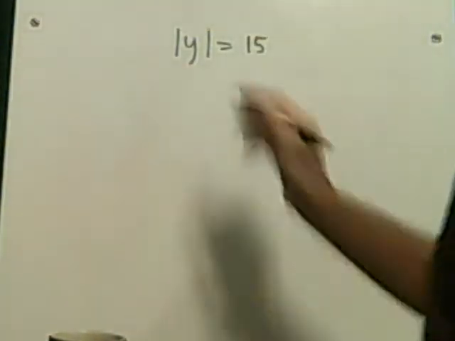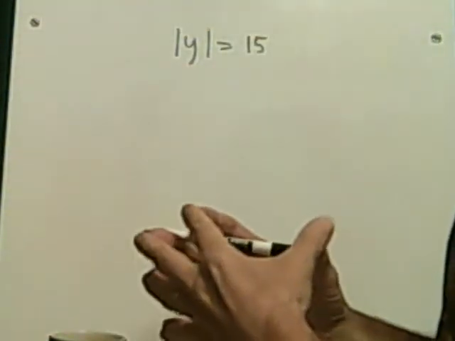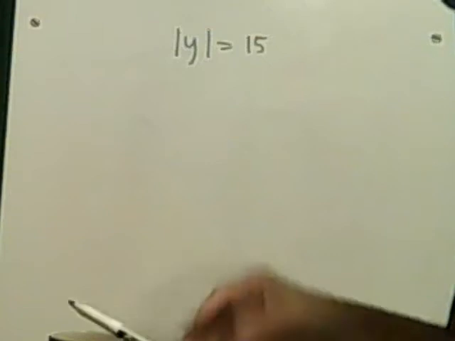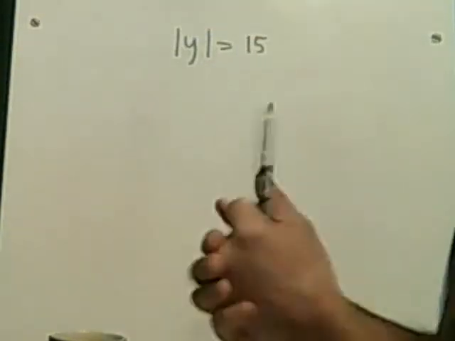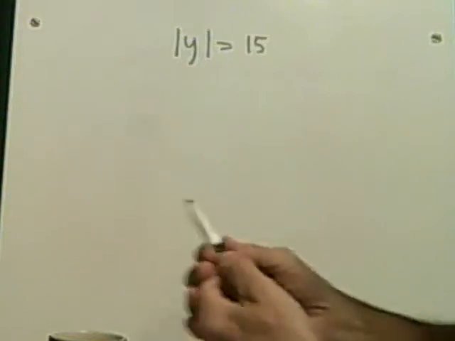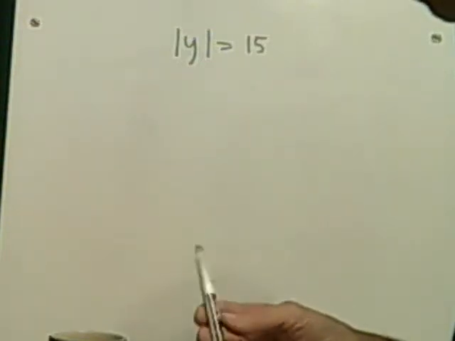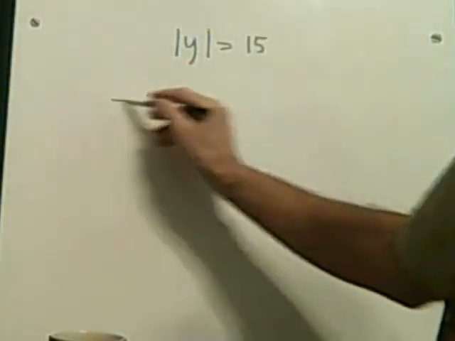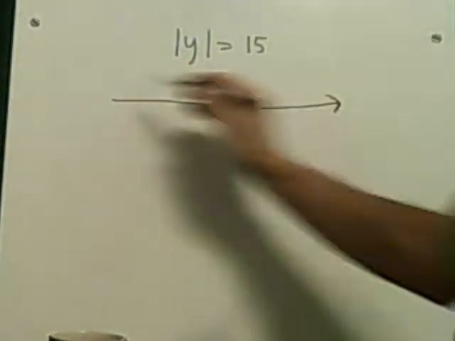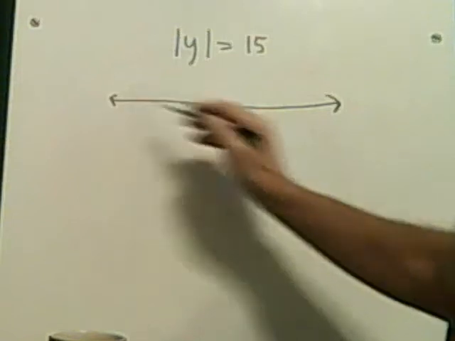Now the absolute value of a function has to do with the magnitude of a number. So if a number is positive, the absolute value is just equal to the number. If a number is negative, then the absolute value is the negative of the number. So if we take the number line,